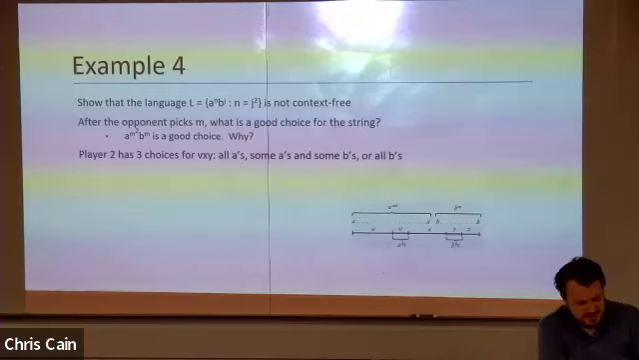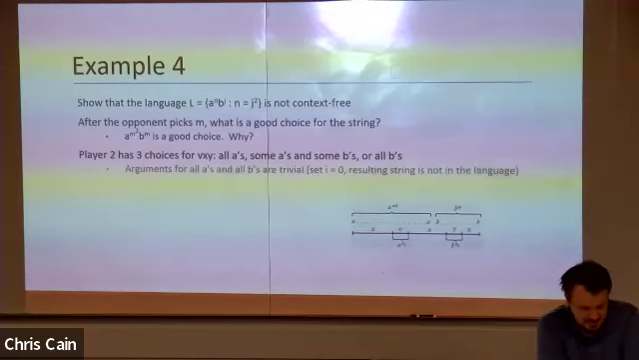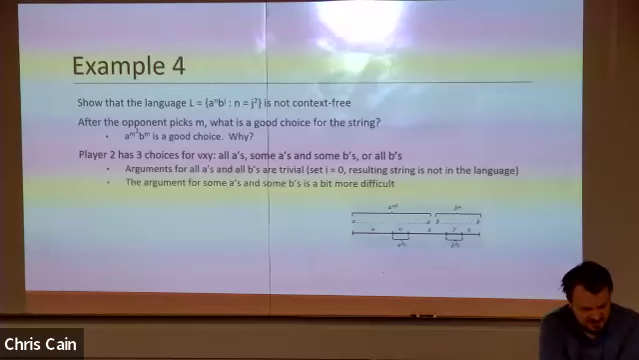All right, 3 choices for VXY: all A's, some A's and some B's, all B's. Arguments for all A's and all B's are trivial. We've seen this before, but the argument for some A's and some B's is significantly more difficult. And the reason is when V is made up of all A's and Y is made up of all B's,